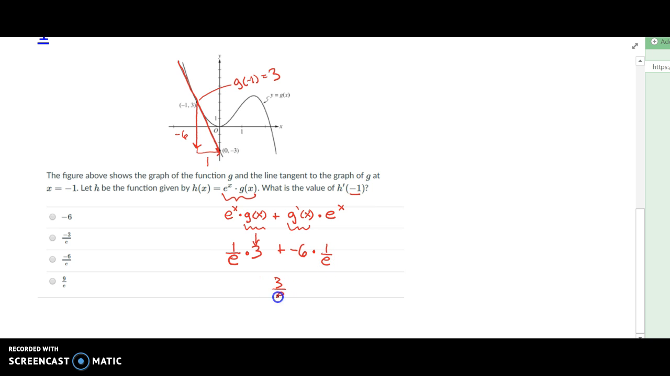3 over e minus 6 over e should be -3 over e. Looks like the right answer is